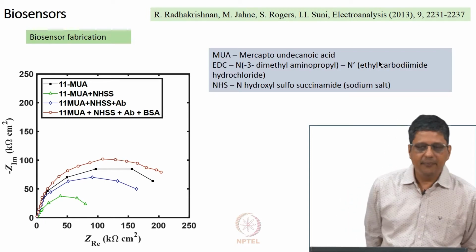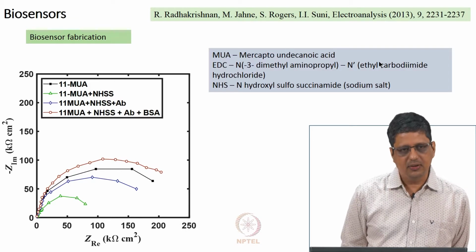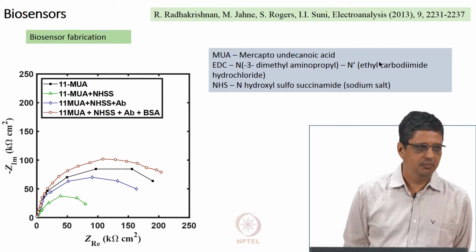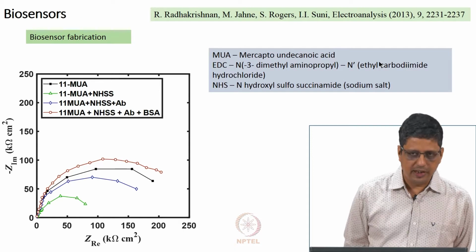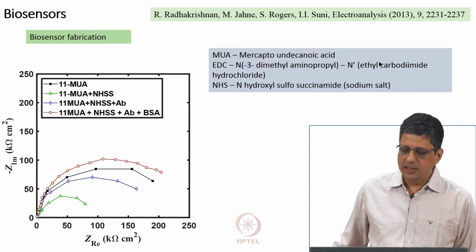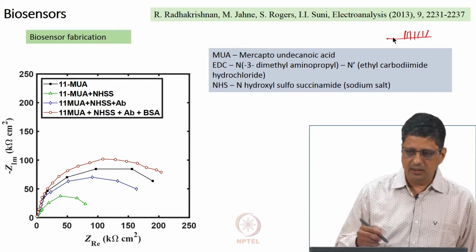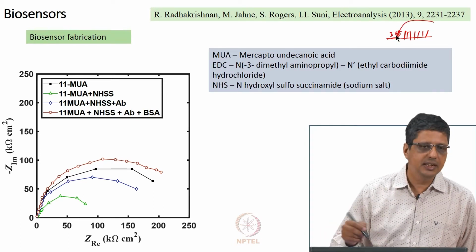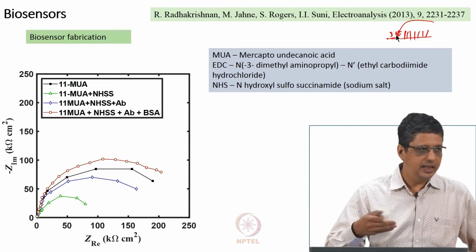So, this is the idea, and after you attach the antibody to this electrode, we normally saturate with one more biochemical called BSA, bovine serum albumin, that has a good affinity to gold. So, wherever the SAM is not formed, if a certain area is not exposed, or it is exposed to SAM but it is not attaching, BSA will go and block that area. So that the antigen, or any other chemical in the blood, does not come here, sit here and increase the impedance.